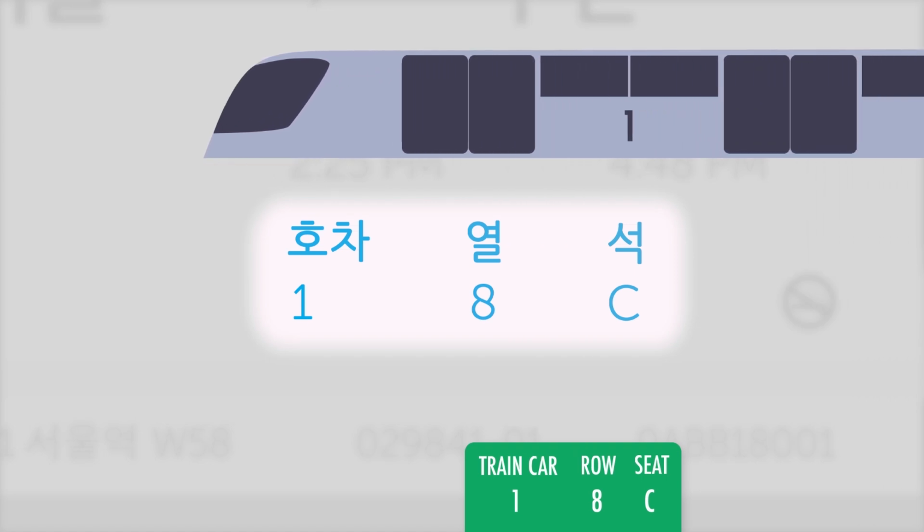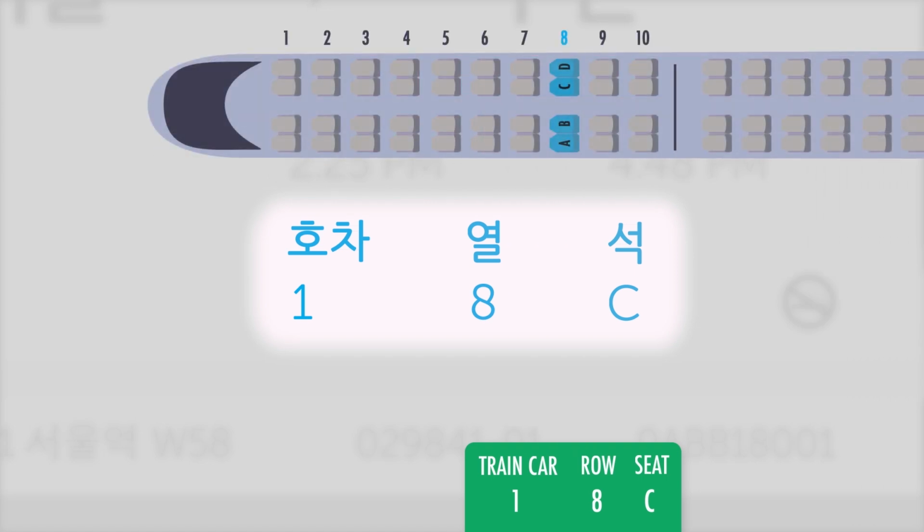The ticket says that you're in train car number 1 in seat 8C. 1호차 8시석,